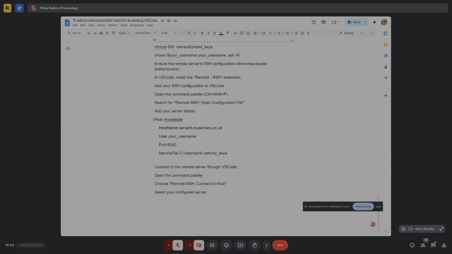And then here is an example of what you would do in VS Code. So in VS Code, you would install the remote SSH extension, and that allows your VS Code to then connect to any server remotely. And then you would add in the SSH configuration file of VS Code, and you can get to that simply by doing Control, Shift, and P when you're in VS Code. Search for the remote SSH, open the configuration file, and in there you can add this,